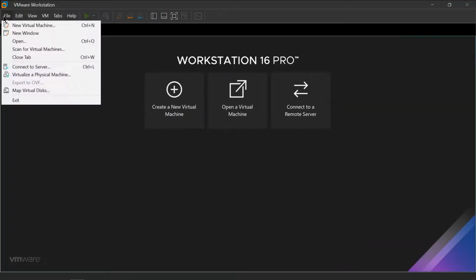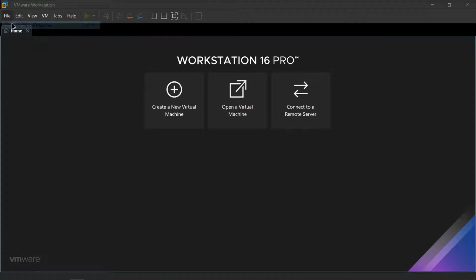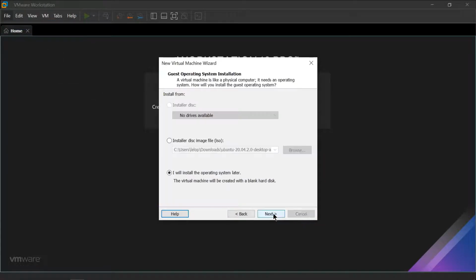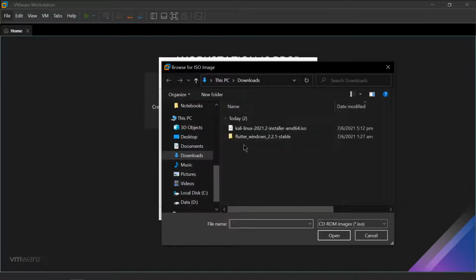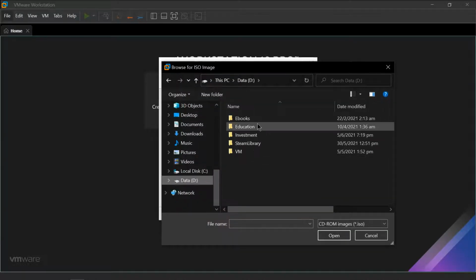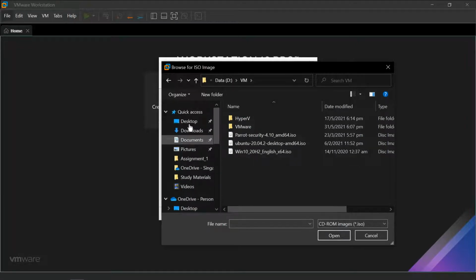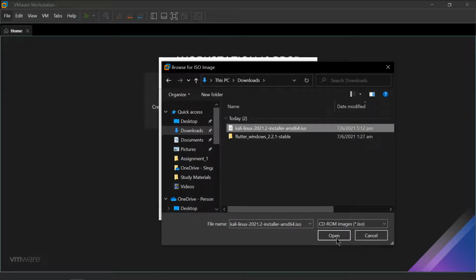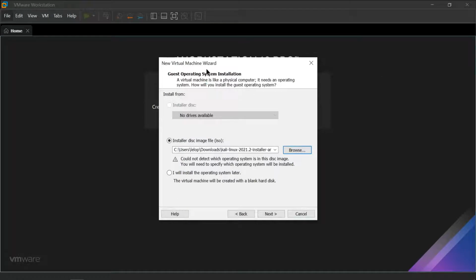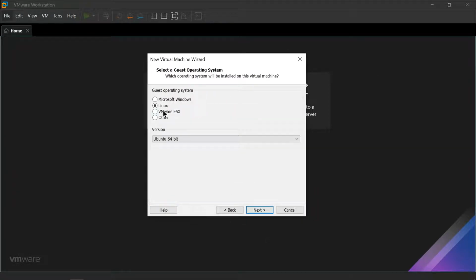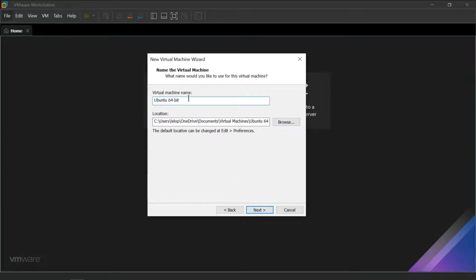So you create new virtual machine. Typical, you select the ISO. For me, it's in VM. Oh no, it's downloads. Yeah. Next, Linux. Yep. Call it Kali